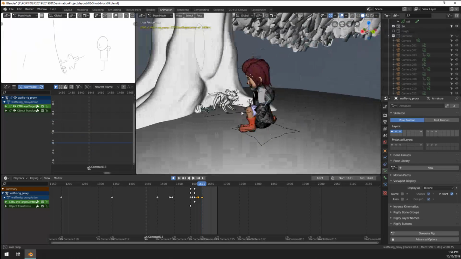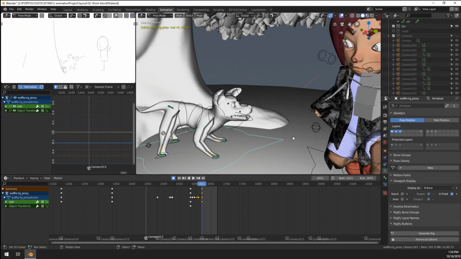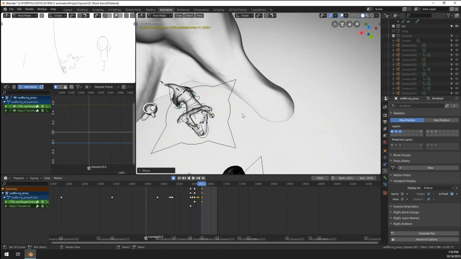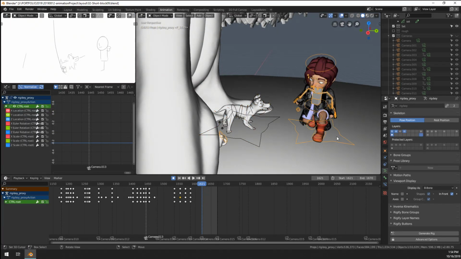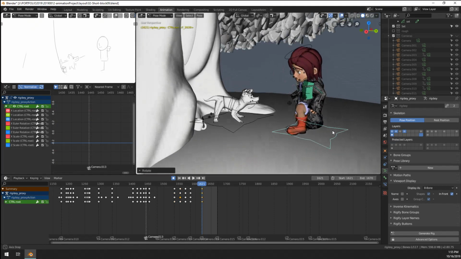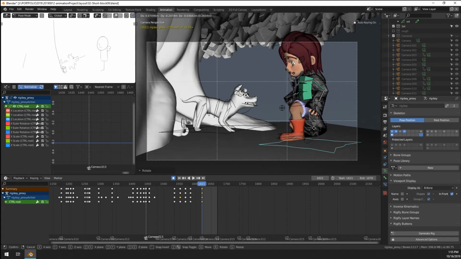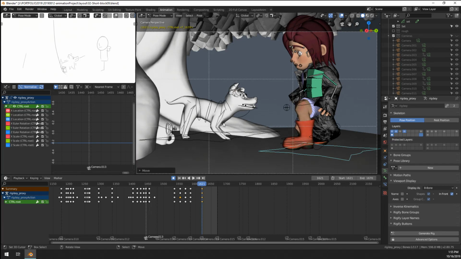Eye target should be kind of up here. I think I did parent the eye target here, so you can see it's already bothering me. I'm just gonna cheat the boy a little bit as well to be a little bit more closer. All right, so